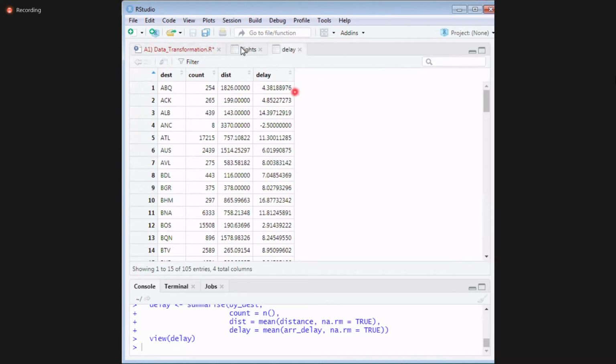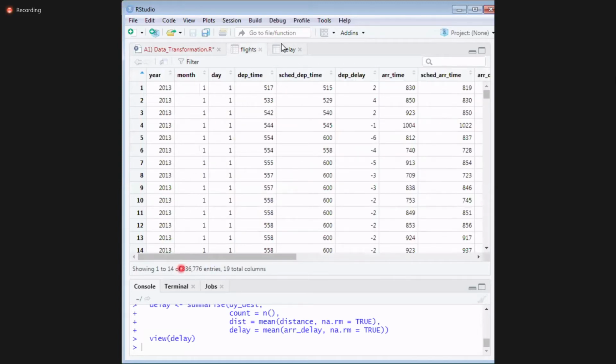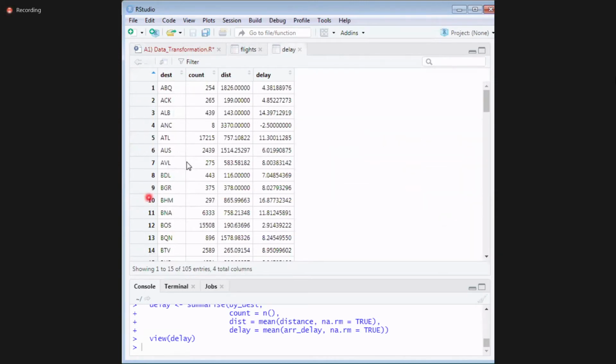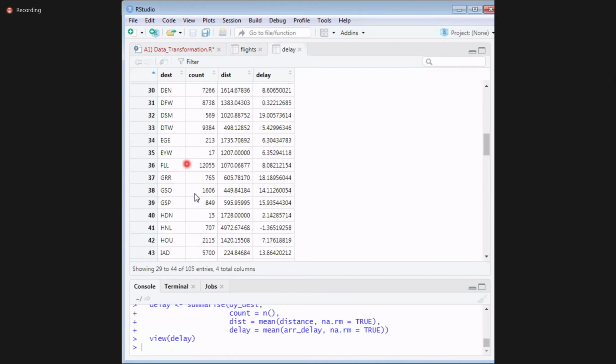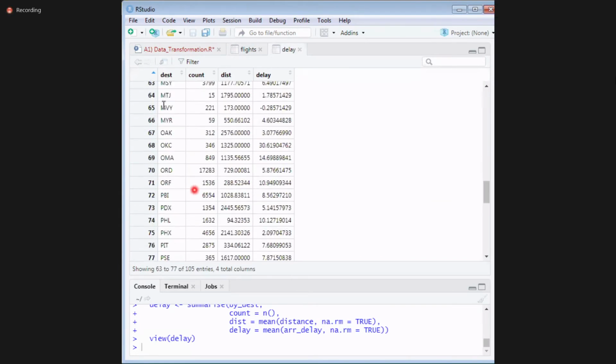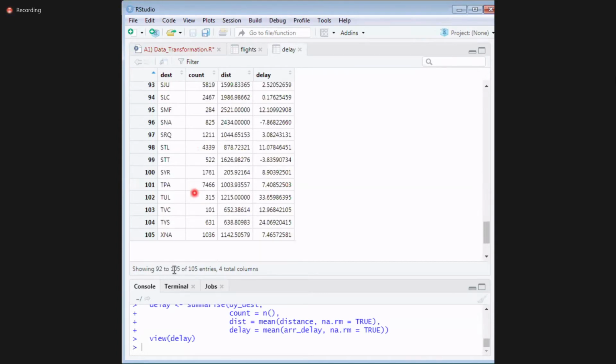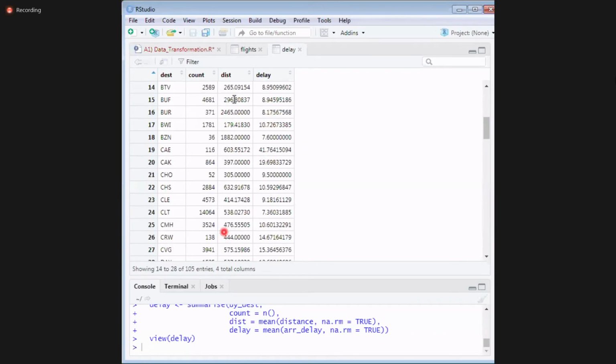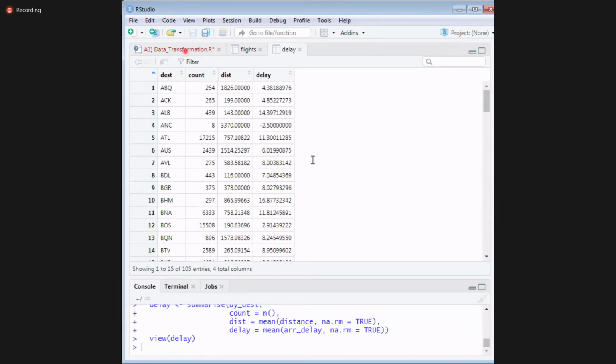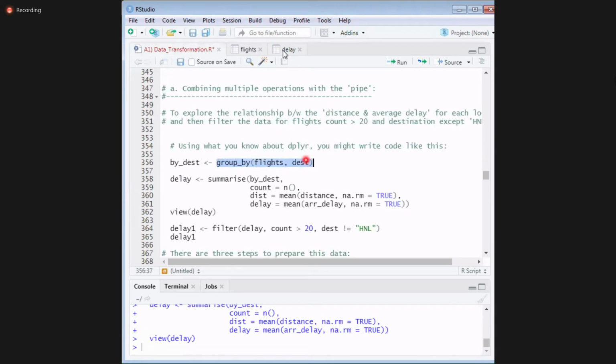See, this was your flights data, the actual data, all your 3,000 entries. But when you group the data by locations, you only have 105 different locations from New York. Flights from New York go to only 105 locations. How did I get these 105 different locations? Using group by destination, that is our location.